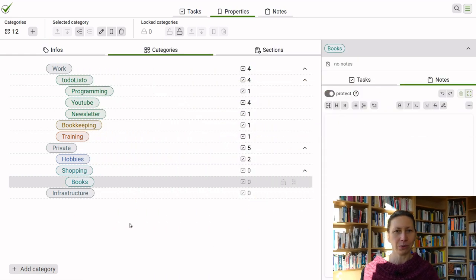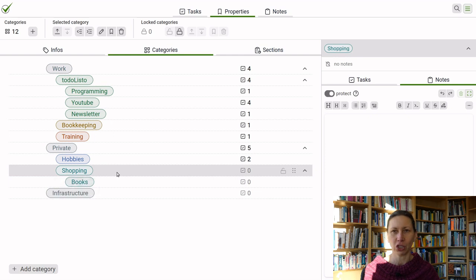So here's my Totolisto, and well, you can put notes on tasks, but also on these properties here, on category sections and so on. You have this option to put notes there. And so what I did here is I usually have a category shopping. I don't use that for my weekly shopping, but things that I know I order every half year or so. So I have a list, I don't know, order Mexican food, and then I have a list of what kind of things I want to order, and I collect those things and do that every few months. So I already have that category usually.